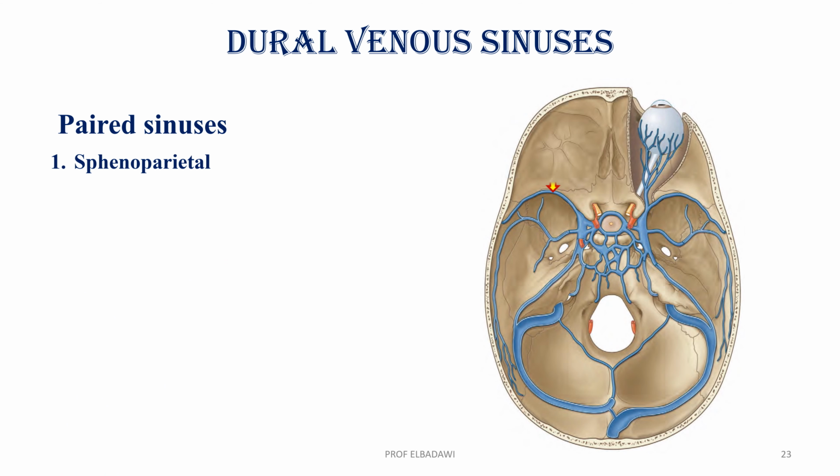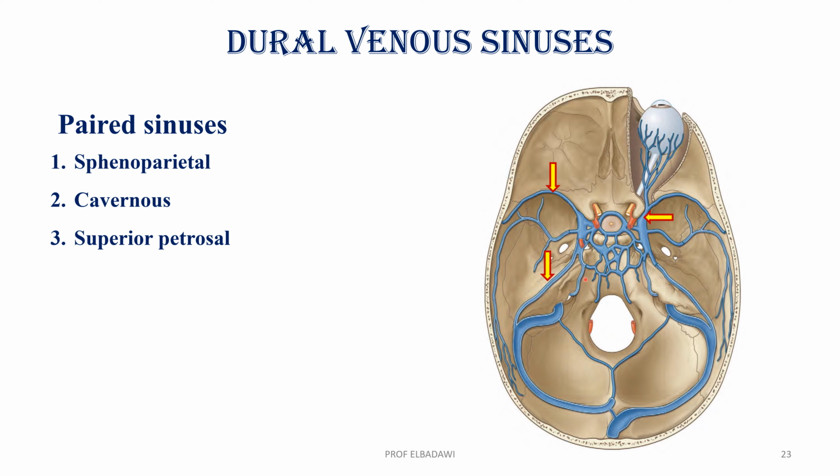The paired are the sphenoparietal, or sphenoorbital, along the posterior border of the lesser wing of the sphenoid; two cavernous sinuses on each side of the body of the sphenoid, here and here, which will open into the superior and inferior petrosal sinuses. So that is the superior petrosal, which will end by uniting with the transverse sinus to form the sigmoid sinus,